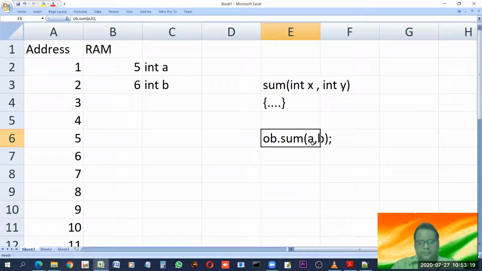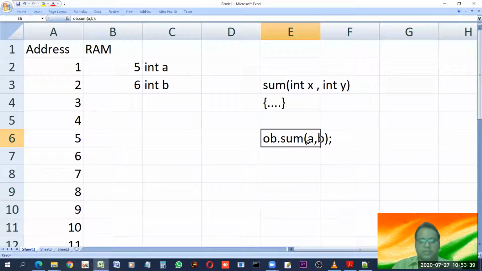So if this is the case, suppose I have written this particular code in the main function, and in that main function int a and b are there, whose values are this and this, then what happens when we call a function in this way?